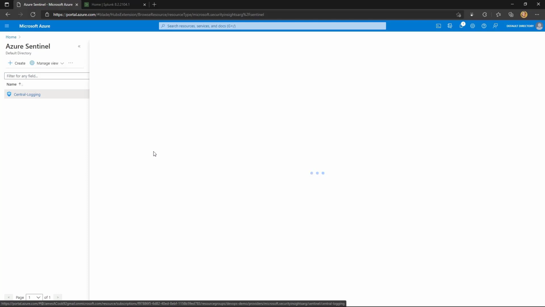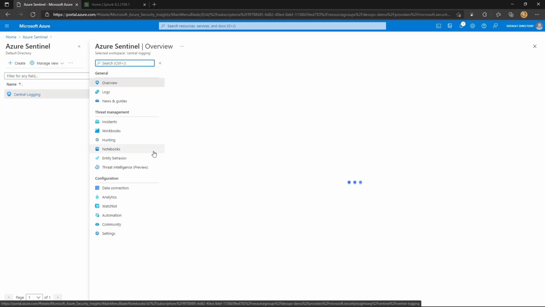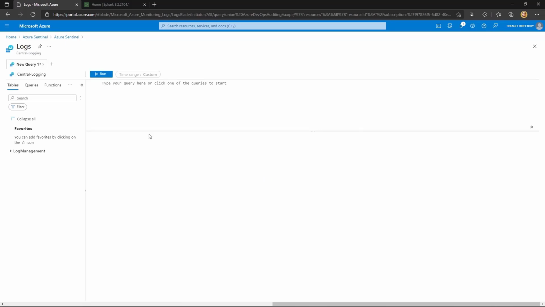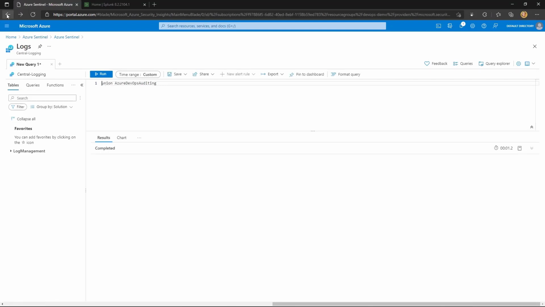So this Azure Sentinel is linked to my central logging Azure Analytics workspace, and what you can see there is it's already collecting logs. And if we click it here, it just takes me back to the logging platform and starts bringing up the logs for that. So if we just go back,